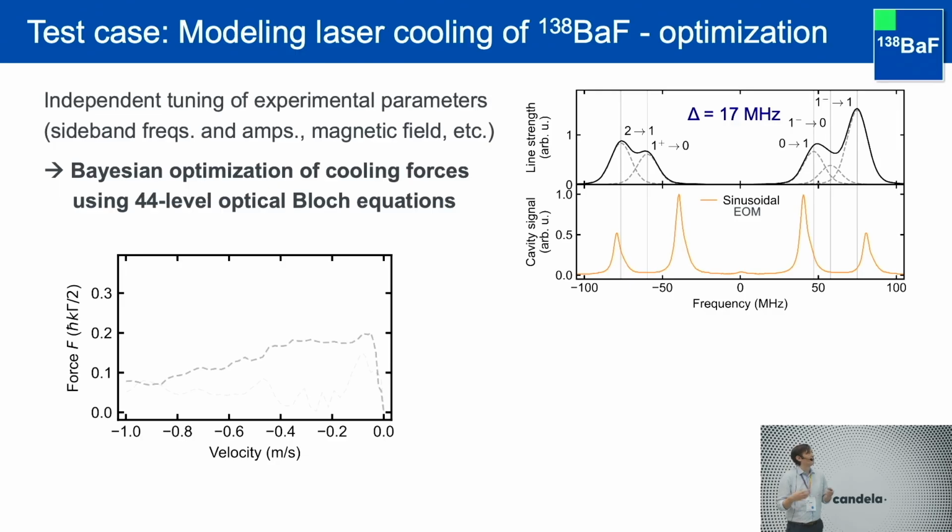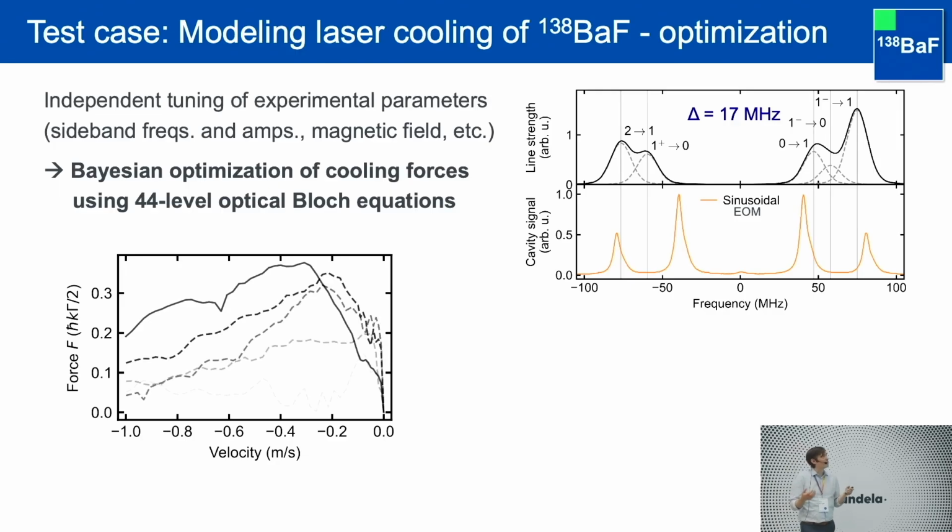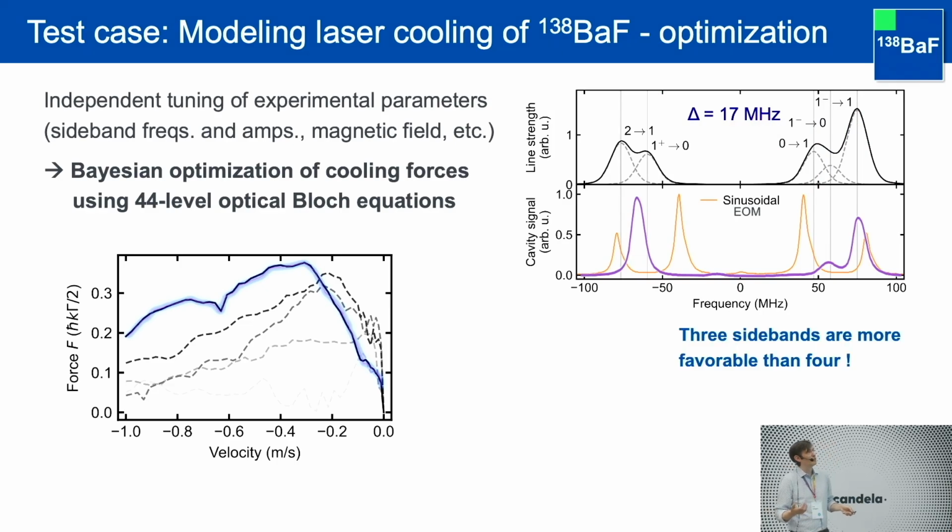And then you can calculate forces, okay, and then as a function of parameter, at some point your algorithm finds something that looks nice and looks like a sizable force, and then you look at what kind of spectrum that actually corresponds to, and it suddenly corresponds to a spectrum that looks very different from the ones that we usually apply, because it doesn't have sidebands that address all lines anymore, but it only has 3 lines here addressing 5 transitions. And that is very odd, but it seems to be better.